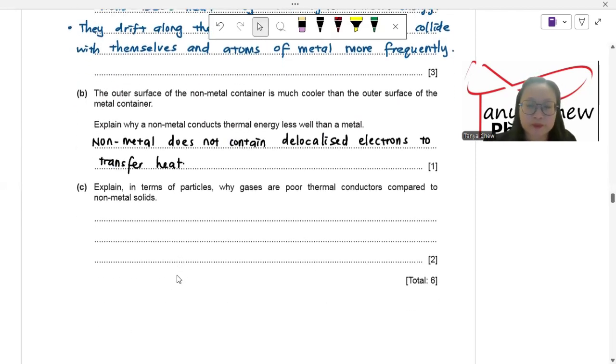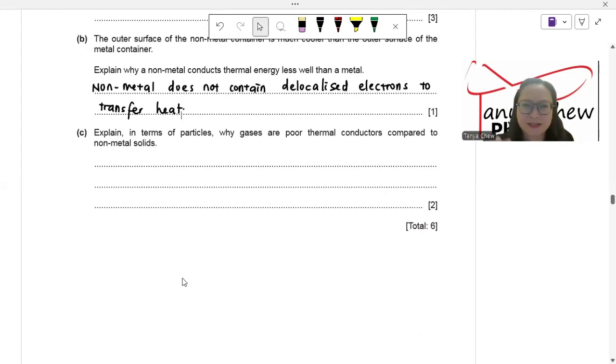C, explain in terms of particles why gases are poor thermal conductors compared to non-metal solids. Now, they ask you to compare between the states. What is the difference between solid and gas? Solids are closely packed, I mean, the atoms are closely packed, whereas the gas particles are far apart from each other, right? So that makes the heat take a longer time to reach the other particle which are far apart in gas. So I would say that gas